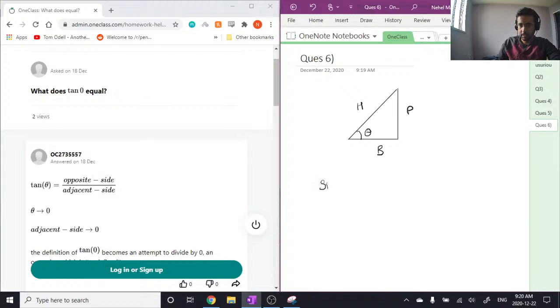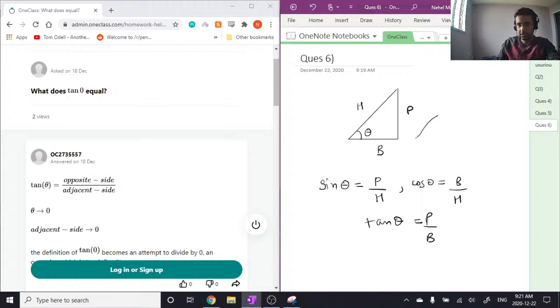We know that sine of theta is equal to perpendicular over hypotenuse, cos of theta is equal to base over hypotenuse, and tan of theta is equal to perpendicular upon base. Okay. So in this case, what we have to do is find the value of tan of 0. So if you look at this triangle,